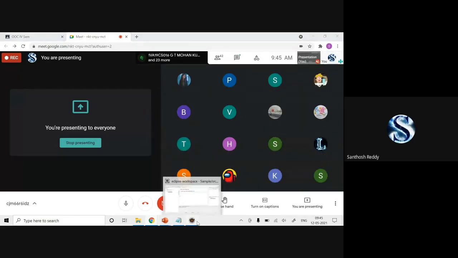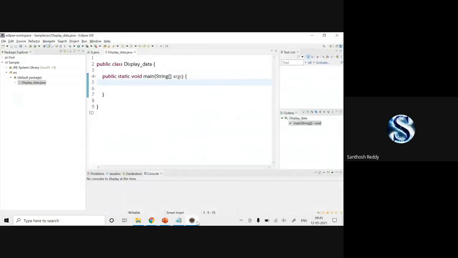Now we will work on it. First, I'm going to take one float value and one integer value. If I'm going to take two inputs, do I have to create an object for each? No, sir, only one object.